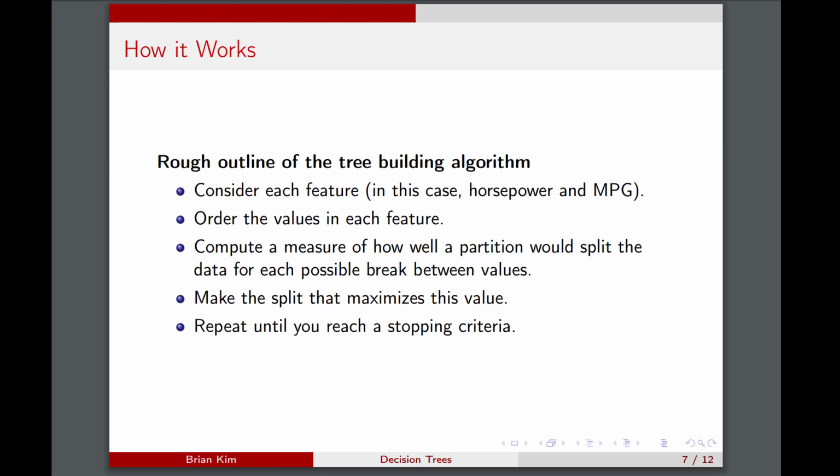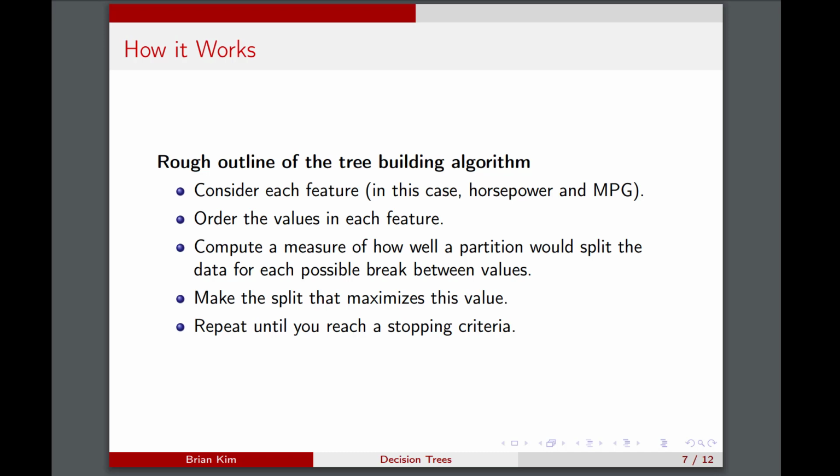All right, so this is what we're going to do. This is just a rough outline of how the tree building algorithm works. What it does is it considers each feature. In this case, we just have 2, horsepower and miles per gallon. Order the values in each feature. So basically taking all of the data points and ordering them in increasing order, the lowest horsepower first, highest horsepower last, and then considering the split at each of those